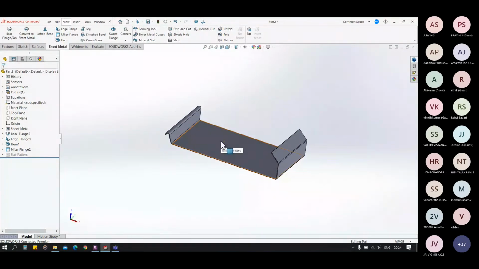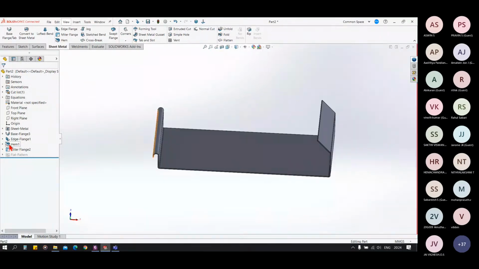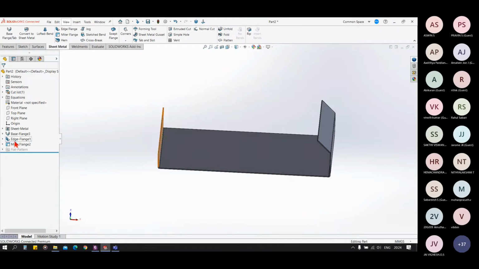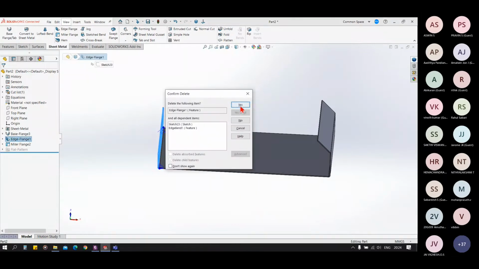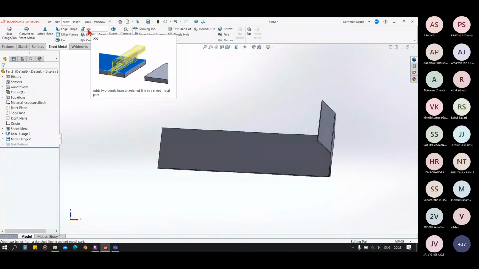Okay, so now going to the jog feature. For jog, you have to create a sketch on the base flange. Basically, what jog does is add a bend on the sketched line and also add another bend that is opposite to the first bend.